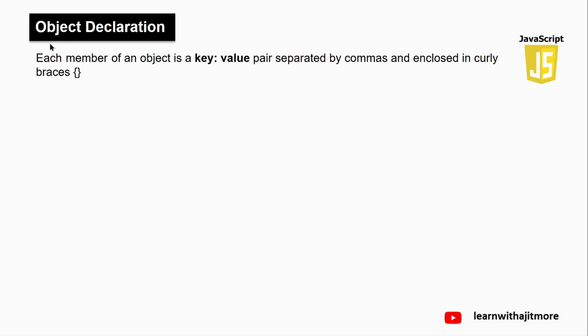See, each member of an object, and remember the value of that member can be anything. It can be a string, it can be a number, it can be a boolean, it can be a function object, it can be another object, it can be an array, doesn't matter. Getting, guys? So each member of an object is a key value pair separated by comma and enclosed in